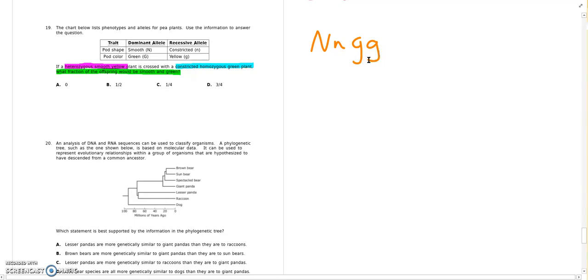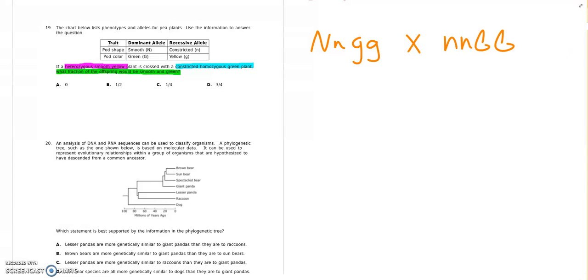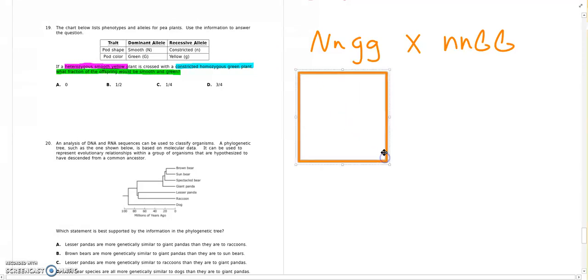Now the other parent, constricted homozygous green plant. Well, constricted is our recessive allele here, the lowercase n. So the other parent is going to be constricted and homozygous for green. So he has both green alleles, so capital G, two dominant alleles. Now to do this problem, I'm going to have to set up two Punnett squares, which I'll cheat a little bit and